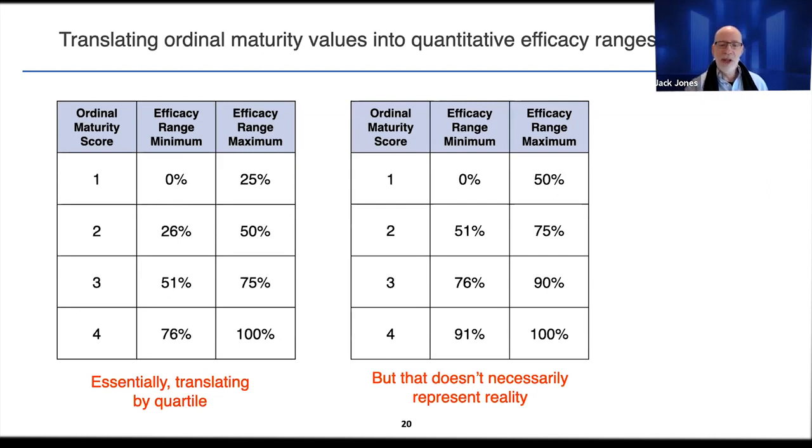And I'm not presenting this table here as a solution. I'm just using it as an example that I suspect more accurately represents the actual efficacy given maturity scores on different control elements and that sort of thing. So hopefully that makes sense. But again, a lot of what I see going on in the industry is more on the table on the left, that very simple to understand, but I would argue profoundly inaccurate in most cases.